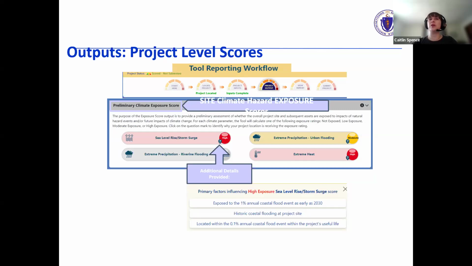The little question mark next to the circle with the exposure rating will provide more information on why the project received the exposure score that it did. Next slide.